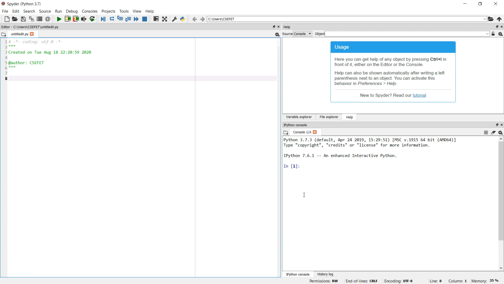So there is always a query whether we have to use Python 2 or Python 3. So friends, it is said that Python 2.0 was used before, but certain added features with more packages were added into Python 3.0, and now there is no support for Python 2.0, so you have to use only Python 3.0.